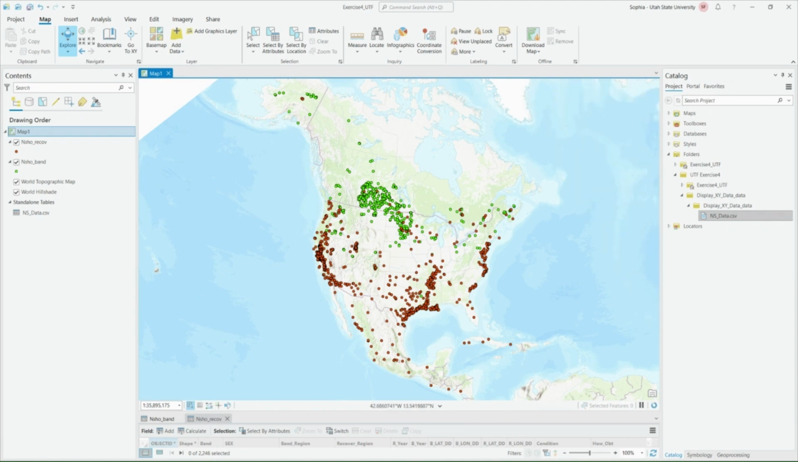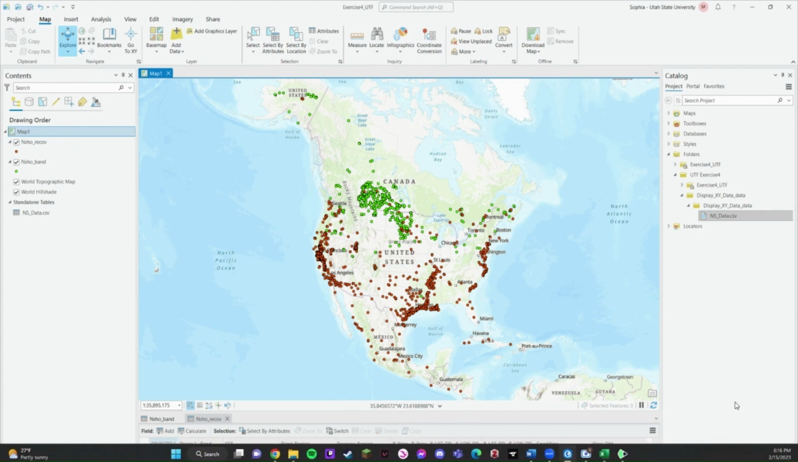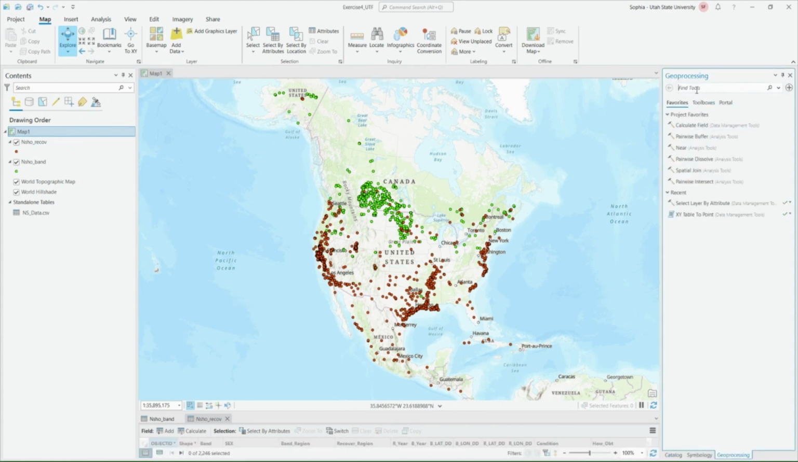Now, make a note that we have not changed the data by changing this display system. So nothing is changed with the locations to make the locations accurate to what we're projecting. So to permanently change the coordinate system of our data, we're going to need to use a geoprocessing tool called the project tool. I'm going to come here, find tools, project,